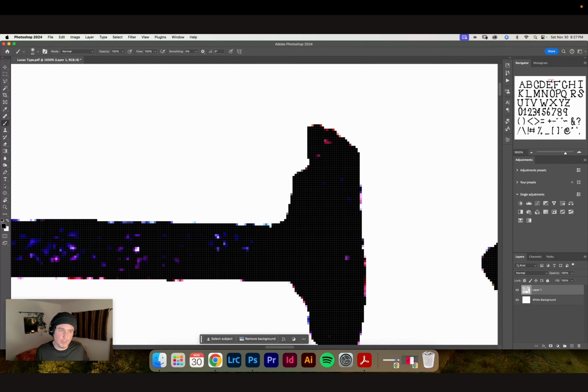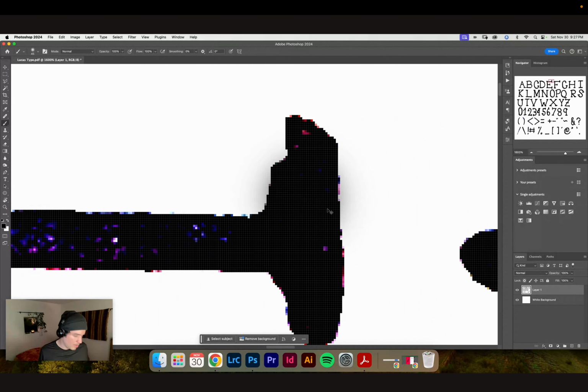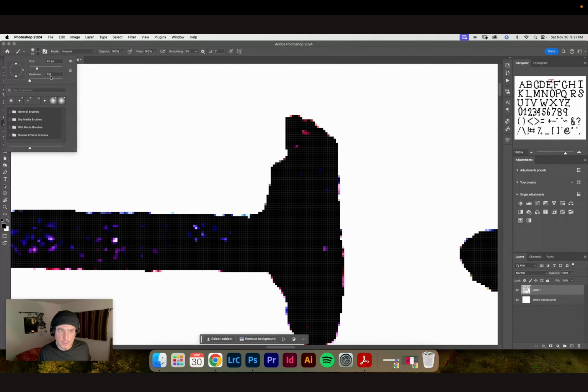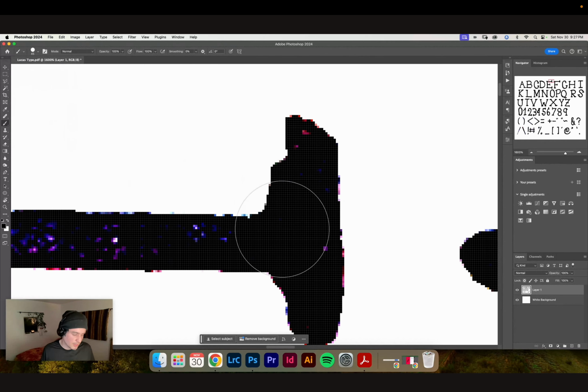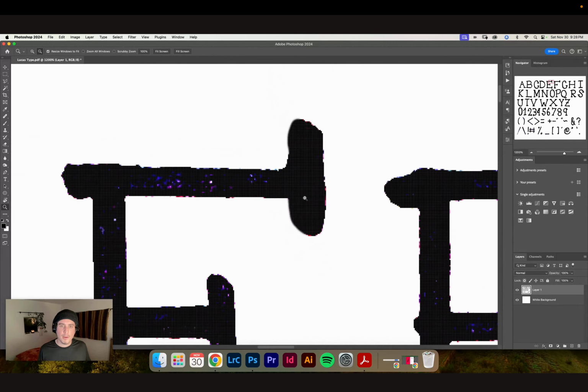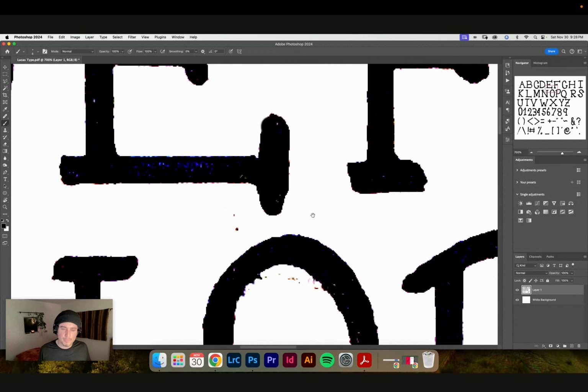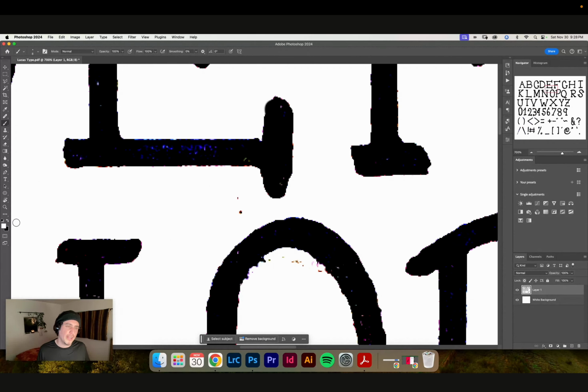With B for the brush tool, with black as your foreground. Let's see, whoops, went away. I want to make sure that my brush hardness is 100% in this circumstance. I'm going to lower my brush size, and I can actually add black to it as well. So I can go in and use my brush tool to add black, or I can switch the foreground to white and paint white over black pixels, as opposed to using